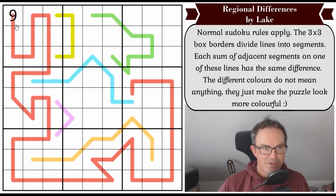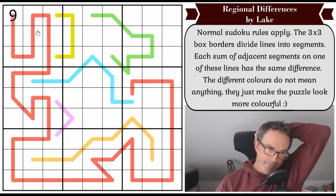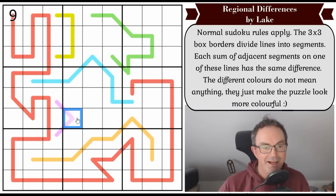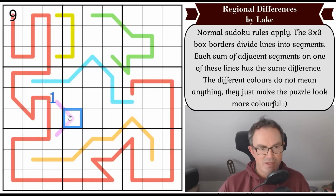Now, do we start with this great big line here? Or do we start with that line, actually? That line might be better. I'm very unsure. Or maybe even that line. No. Okay, you don't start with this line, do you? Because that could just be 1, 2, 3. Let me just show you. If that was 1, 2...